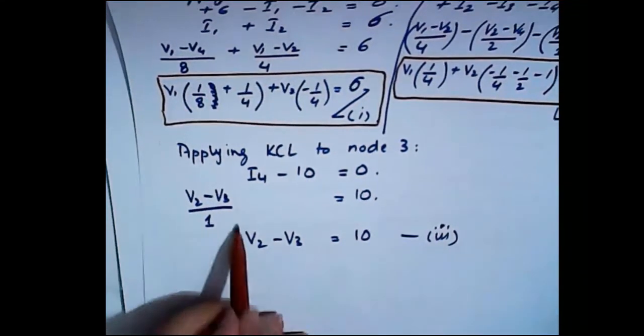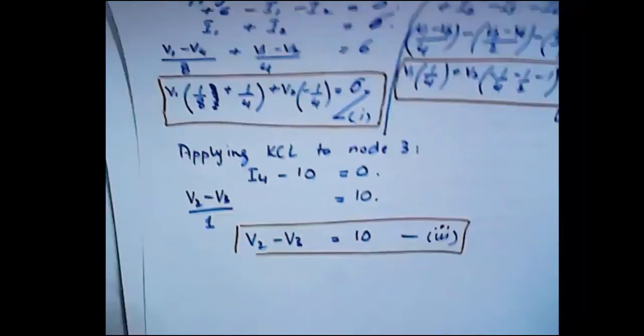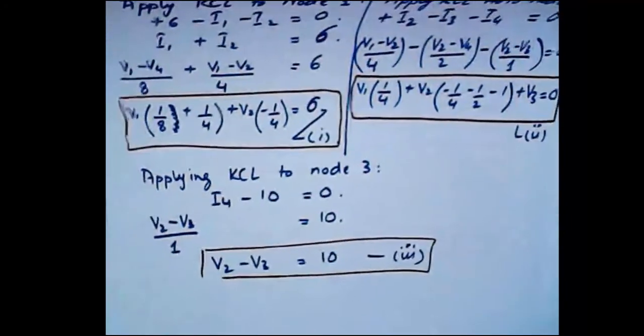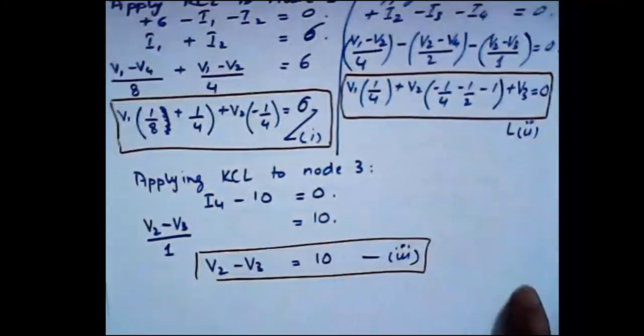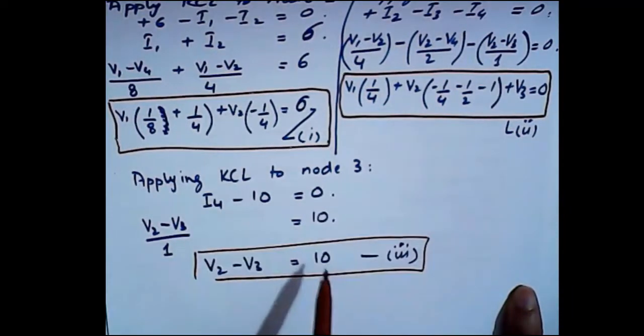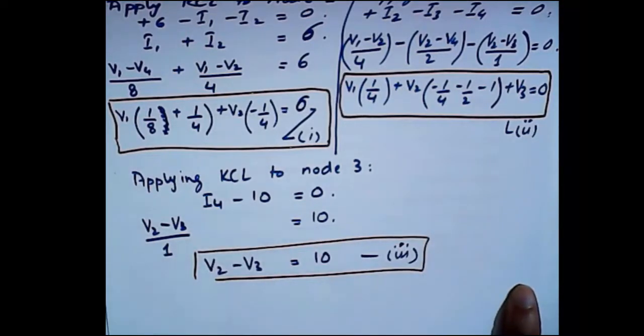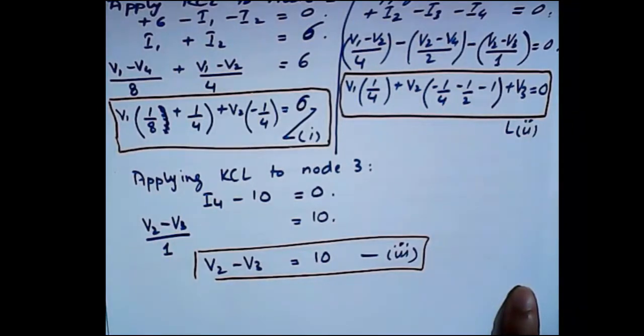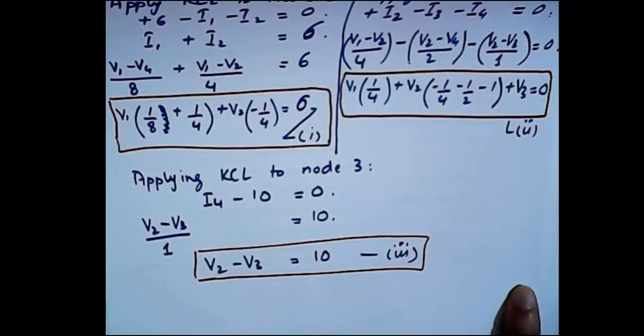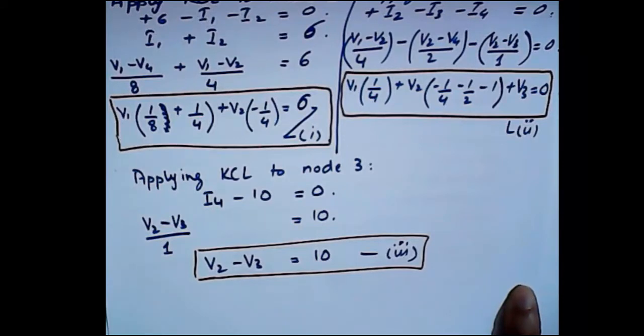And now simply what you need to do is you just need to solve these three equations, equation 1, equation 2, equation 3. Either you can take LCM and simplify, or you can directly put these values in the calculator, because the calculators allow you solution of up to 3 variables or 3 simultaneous equations, right? So there is no issue in that. Even the modern calculators allow solution of 4 simultaneous equations, but we won't need that. Even if your question involves 4 simultaneous equations, just form the equations and leave that, no issue with it.